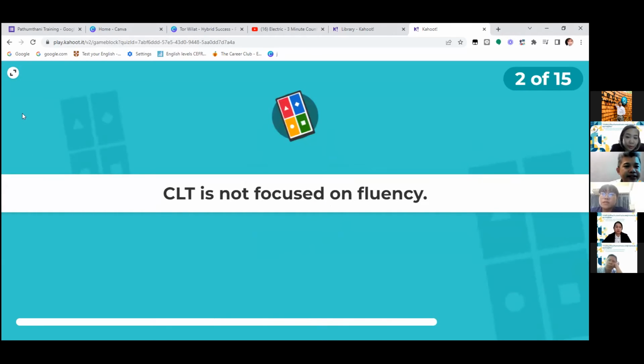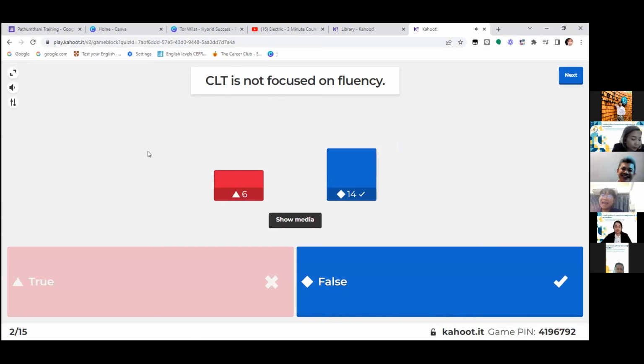All right, it's true, right? Can anyone tell me that we not only focus on fluency, what else do we focus on? We have 2 things. Accuracy. Great job. Correct, so we have fluency and accuracy.